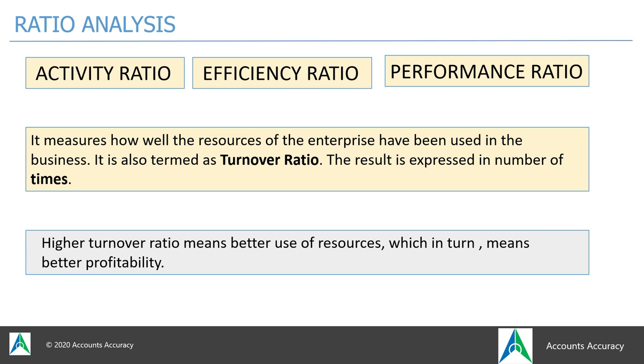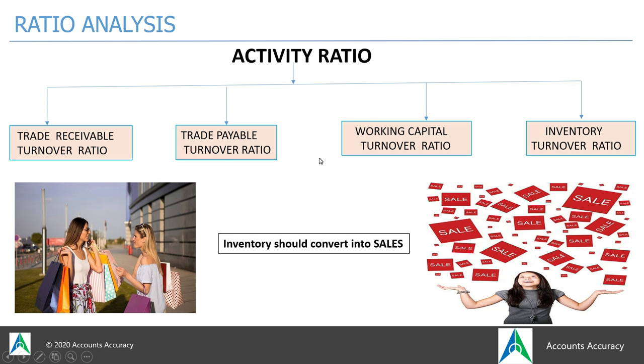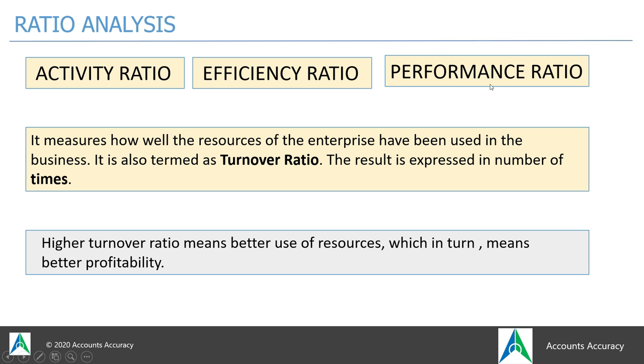Let us read the fourth part of our ratio analysis, that is activity ratio. In this video, we will study about activity ratio. You must know what activity ratio is. It tells us about the performance of a company, or you may say how well the activity has been performed by the company. Here, performance ratio means it measures how well the resources of the enterprise have been used in